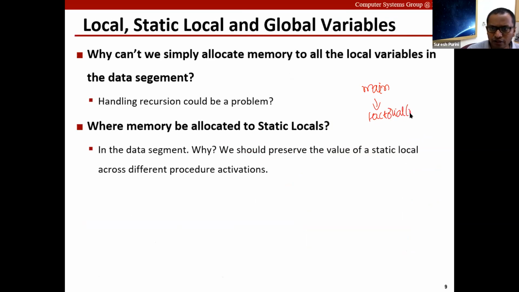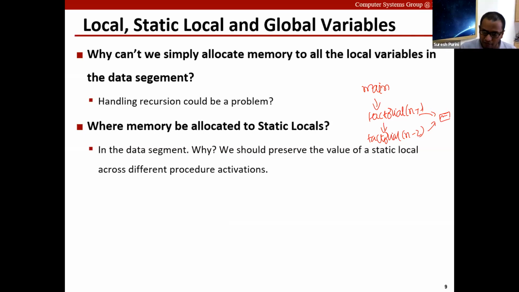Factorial of n calls factorial of n minus 1, and that will call factorial of n minus 2. All the local variables used by these invocations, if memory is allocated in the global data segment, will be accessing the same memory location, and so they will interfere with each other's execution.